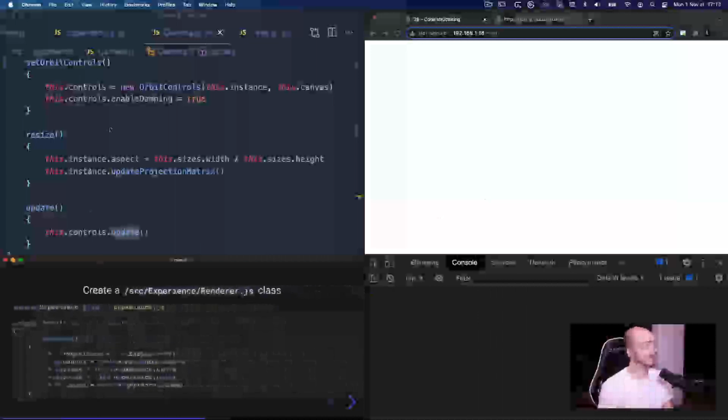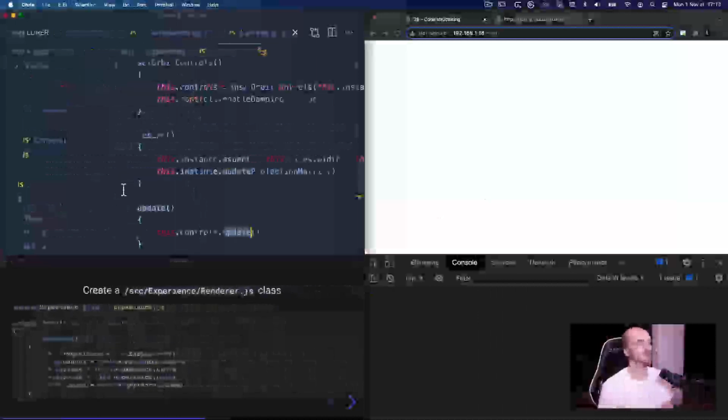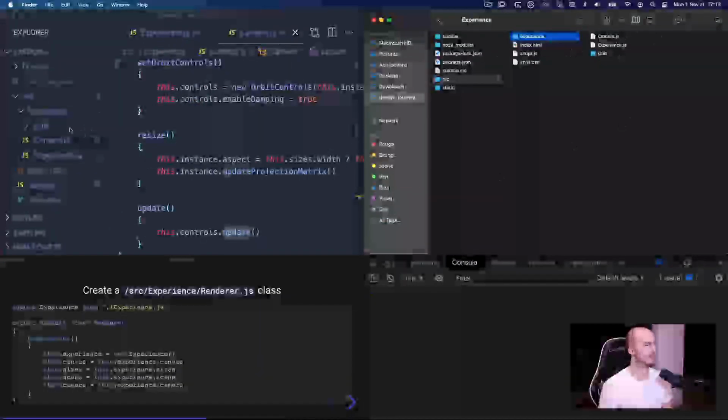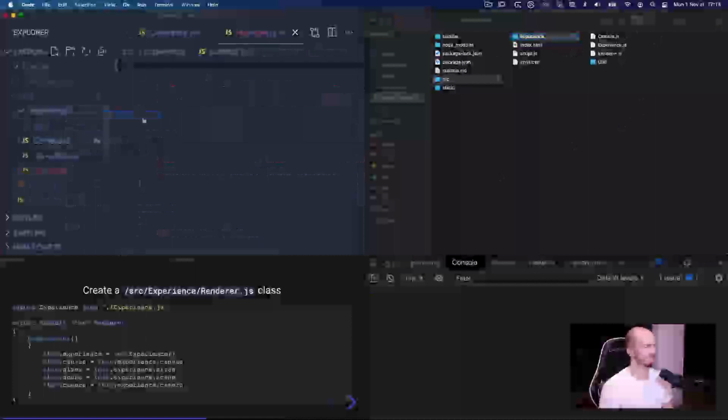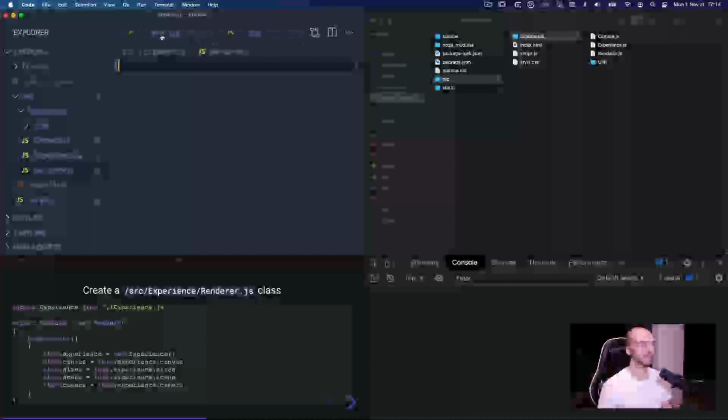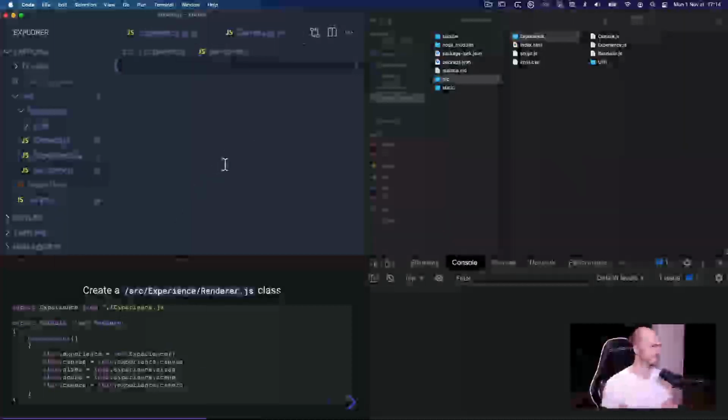So let's do kind of what we did for the camera. We are going to create a class that will handle the renderer. So new class, renderer.js. I'm not going to create the WebGL renderer inside the experience because I know I have quite a lot of code in it. Usually that's the reason why I create a class. I have, I don't know, more than 4 or 5 lines of code. I create a class, and at the end I usually have way more lines of code, so it's usually a good idea. I mean, this renderer class will not have events to trigger, so we can do,